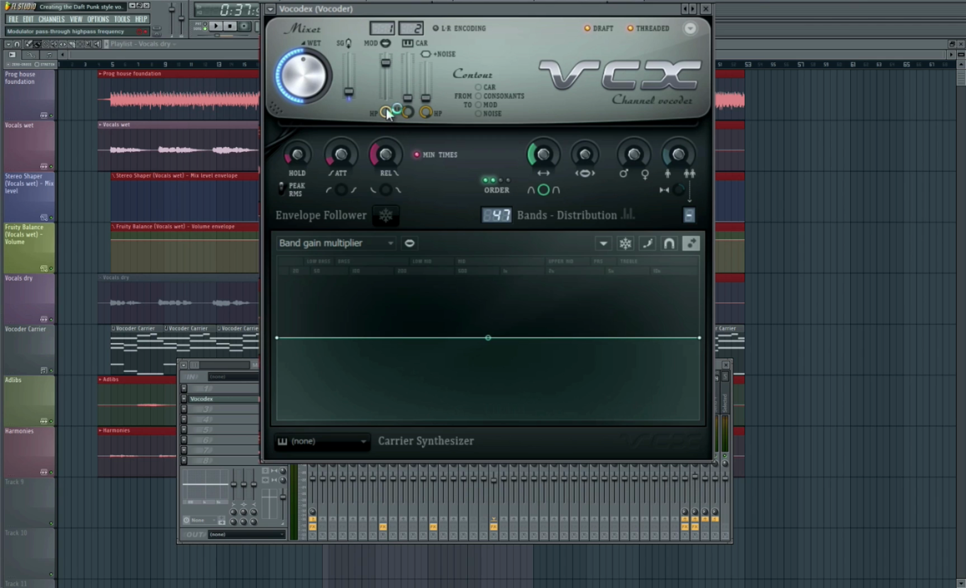So that's quite nice if you want to allow some of the original vocal to come through. There's also the high pass filter here, so currently it's set quite high. I'll start to bring this down and then we'll start to hear more of the mid and lows come through